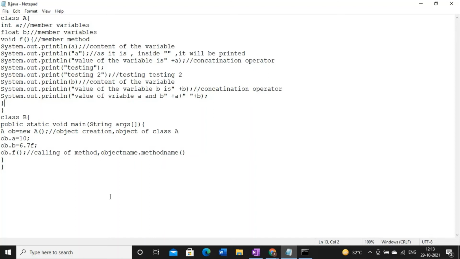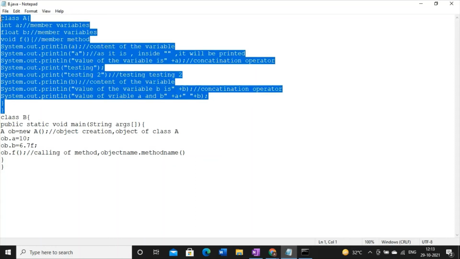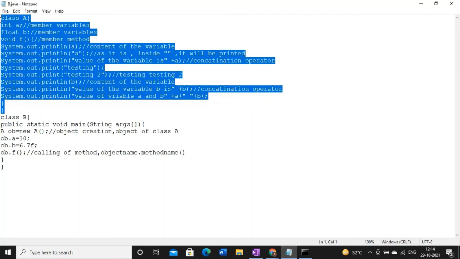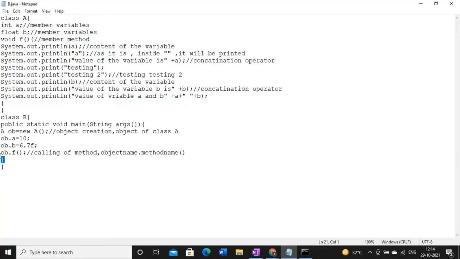So what is our final discussion? First, a class is a user defined data type. Second, it is known as call by reference because whichever object I create is stored in heap memory. And the third point is, in Java we have two kinds of classes, general class and main class. Since our main class name is B, see, I have written b.java over here. So this is the first step.